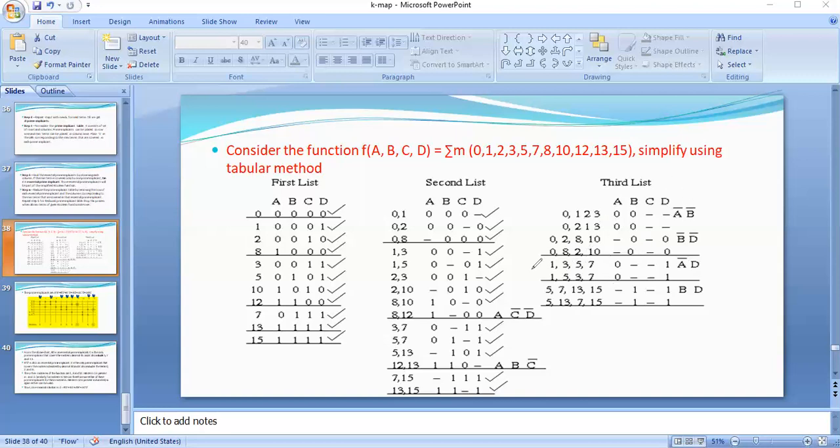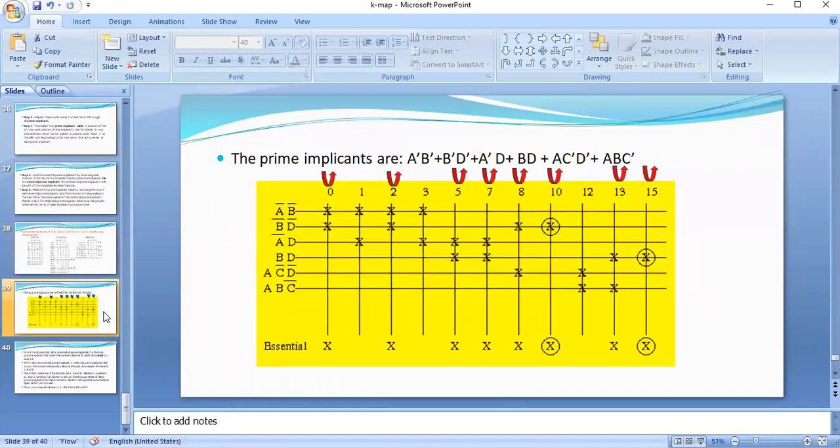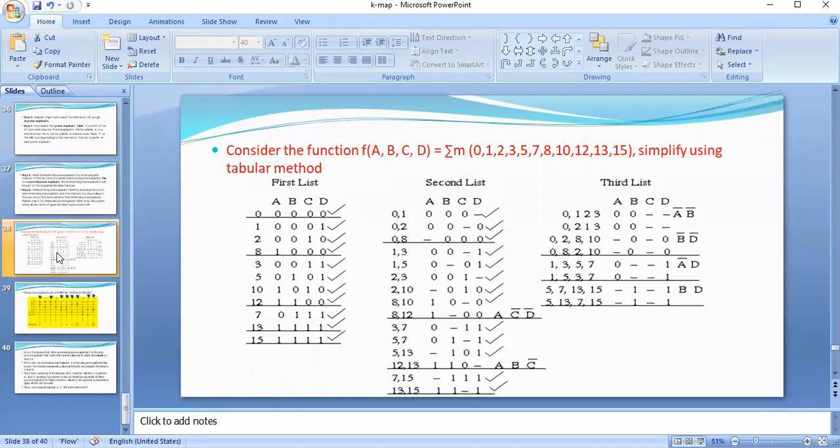Okay, after that, see here, I'm drawing the prime implicant table. In the prime implicant table, we take prime implicants as rows and minterms as columns. See here how many prime implicants we have. These are the ones where no tick marks are placed, and those are called prime implicants. See here 0, 1, 2, 3, 0, 1, 2, 3. Minterms are the same and the expression is the same.